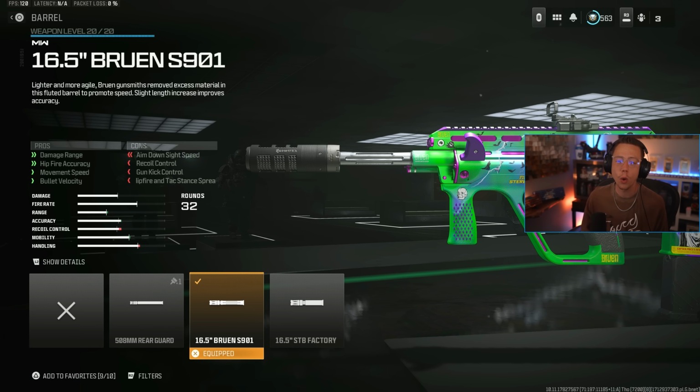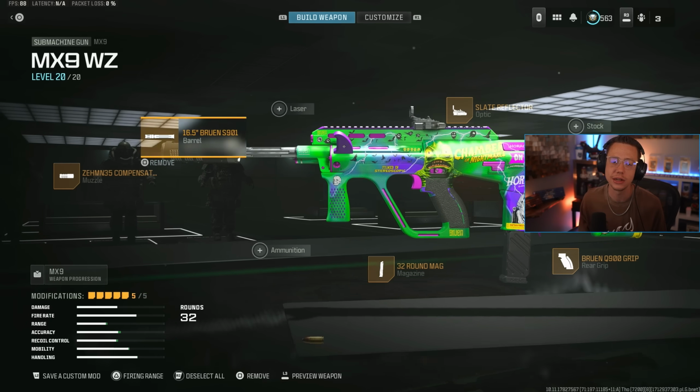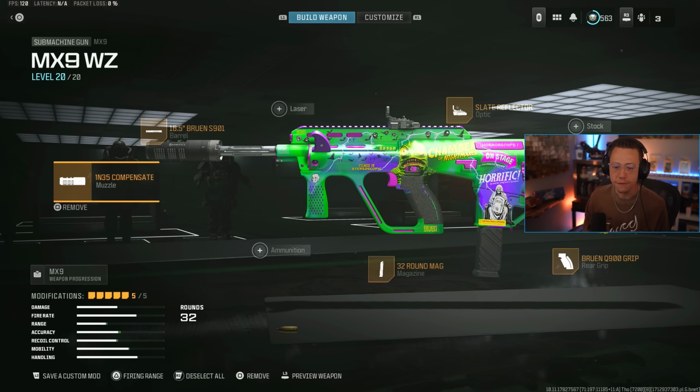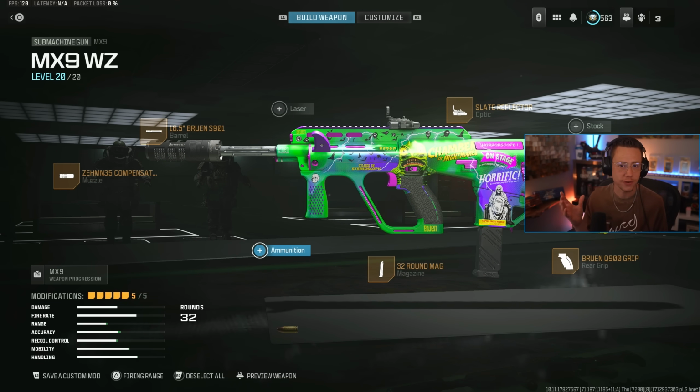I go for the S901 barrel. This helps out with some range and some velocity, makes it a little bit more consistent in the mid-range. Obviously, the velo here is really not great, so if we can get that up, that's definitely ideal. And then lastly, I do go for the ZEM 35 compensator. While it is hurting that velocity some, unfortunately, you can't put on high grain or something in this case or extend that range or velo even more. That would be ideal, but with what we got to work with here, this is an alright setup,